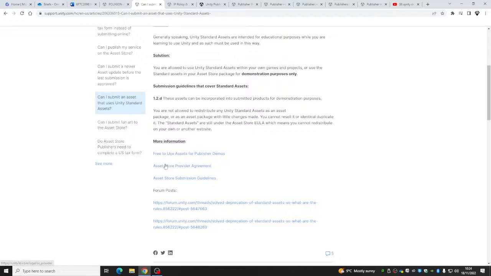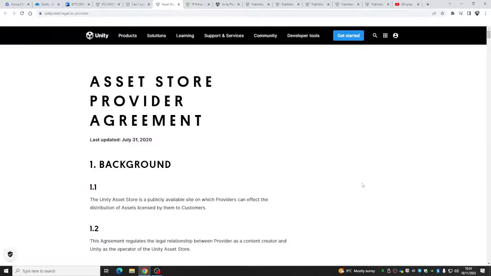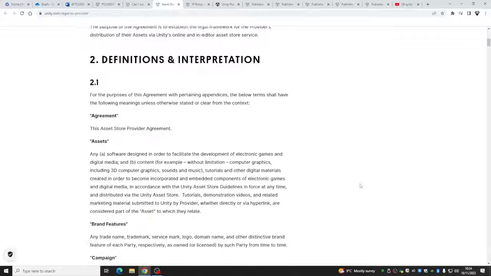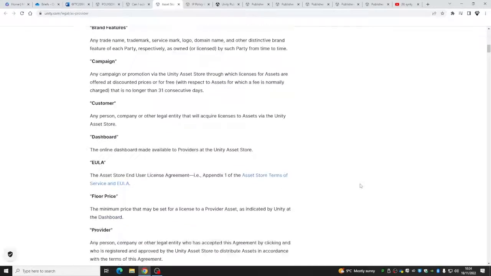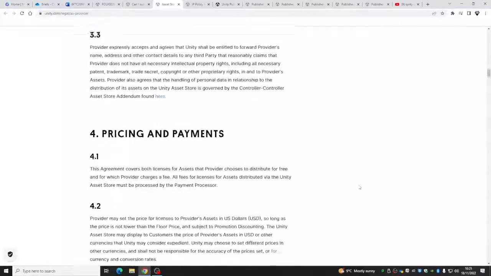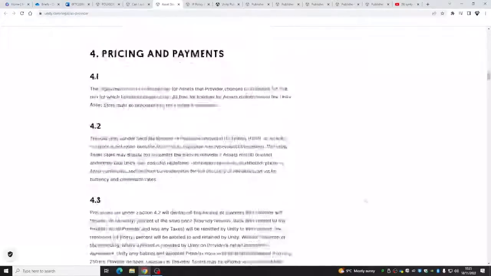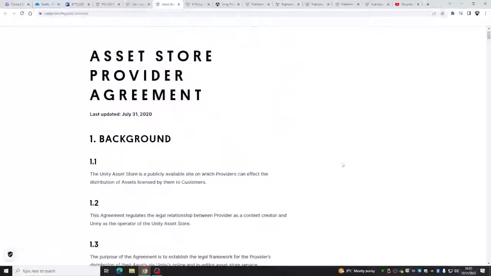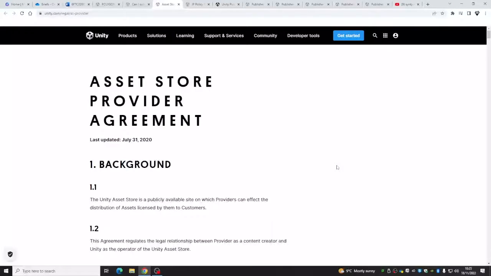There we go, the Asset Store Provider Agreement. I'll open that tab as well, and I'll put that up as well. Don't break the rules, but I'm sure it will be fine. If you are worried, again, look at the frequently asked questions, and if you can't find that question in the frequently asked questions, come to me and we'll have a good scan through and have a good look. Okay, cool. One more time.